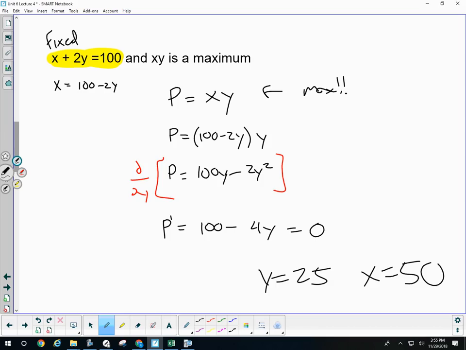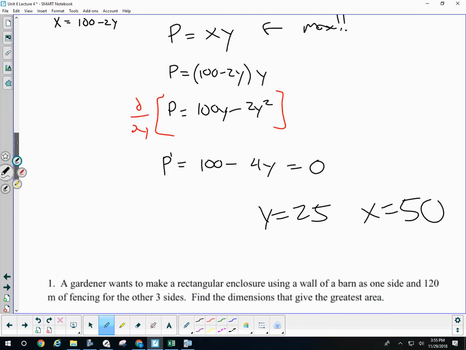Things always end up working out like squares with these problems. Square will have the smallest perimeter. Square will have the maximum area, kind of stuff like that. We can kind of see 25 times 2 is 50. Those end up being the same values. So